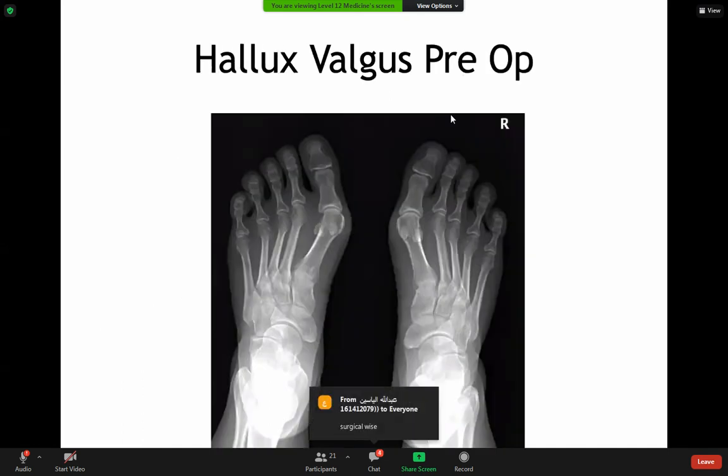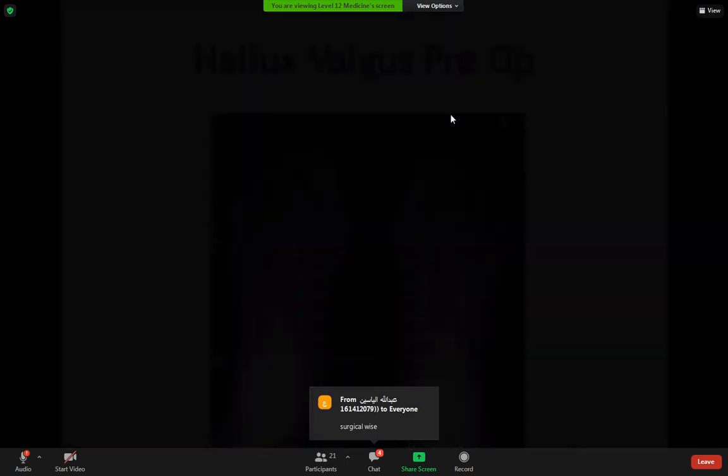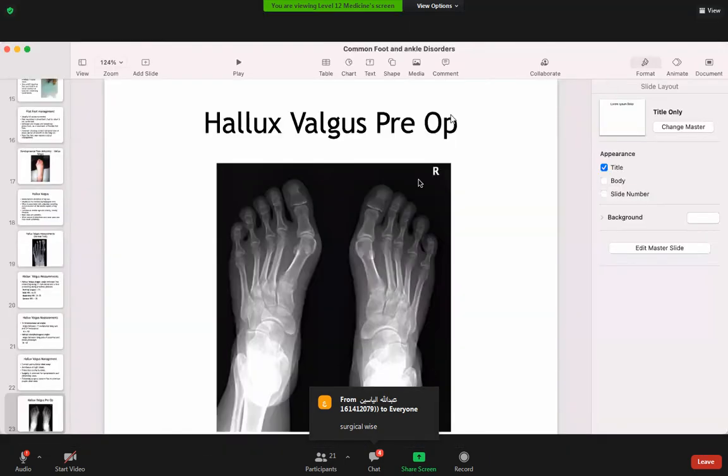So this is an X-ray of a patient with Hallux Valgus. Let me just, my screen here is, okay, so people are,